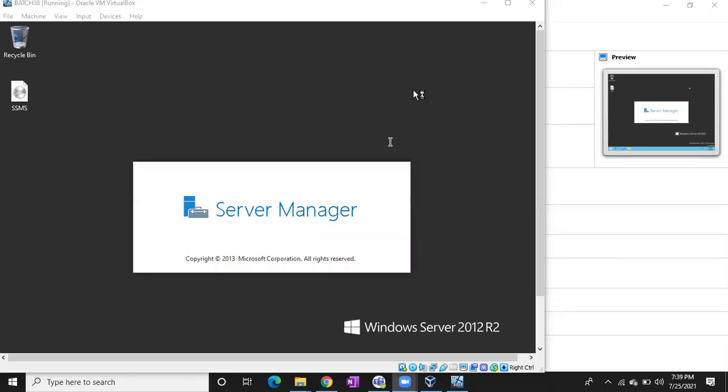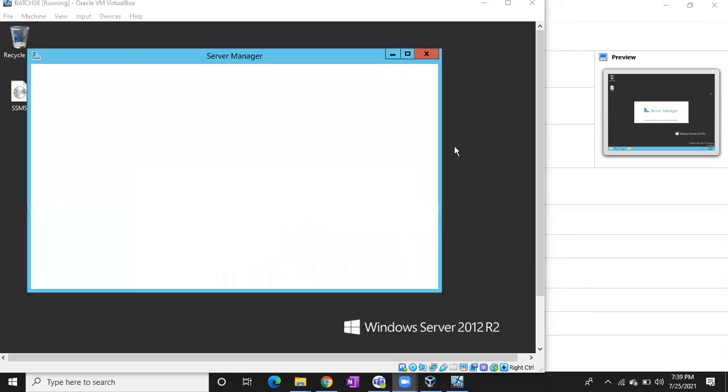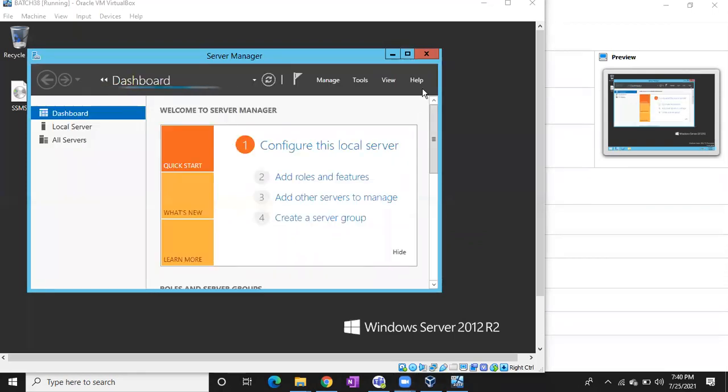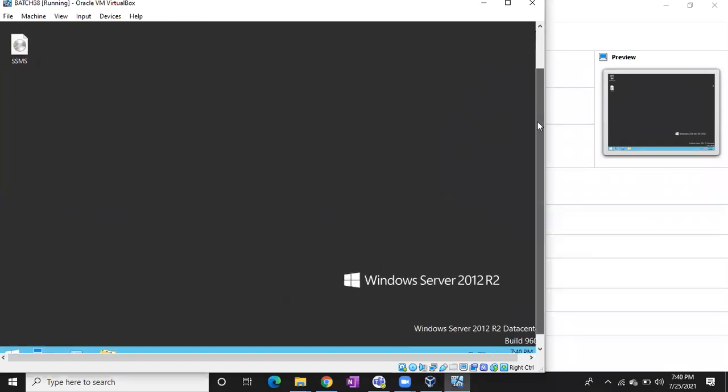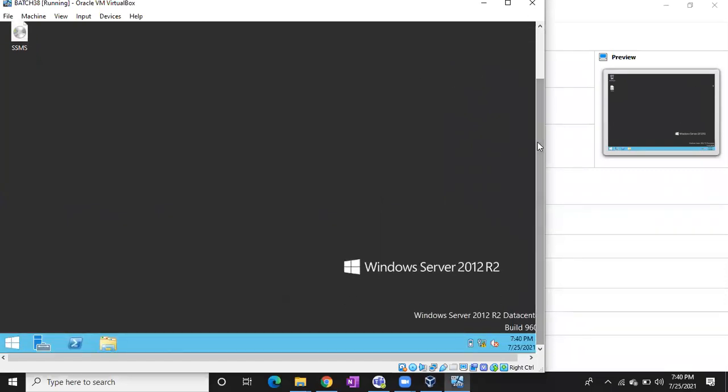Okay. How to install SSMS for SQL Server 2012? For 2012, it is inbuilt software, sir. Okay. So where can we select SSMS? For 2012, what component do we have to choose in case we want to install SQL Server?